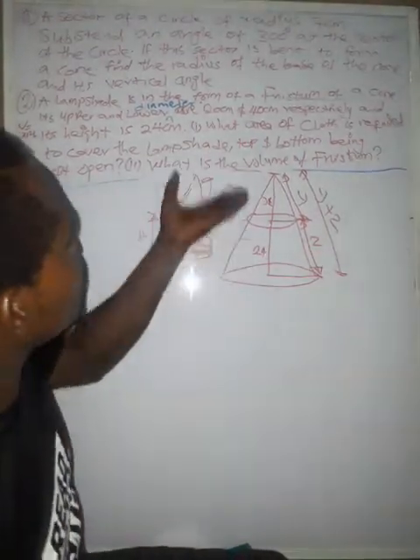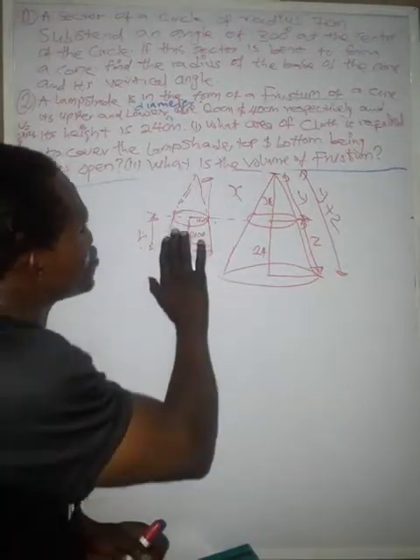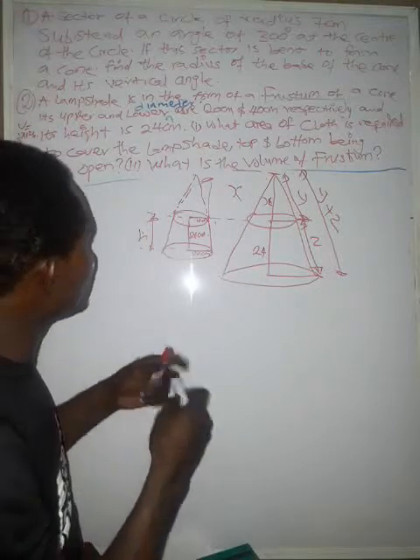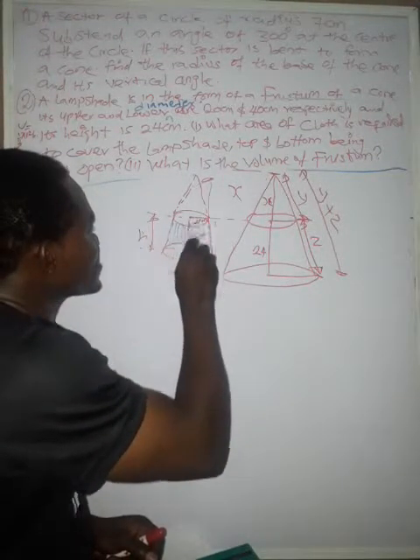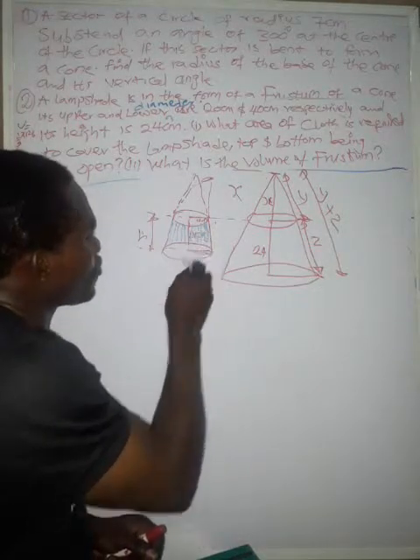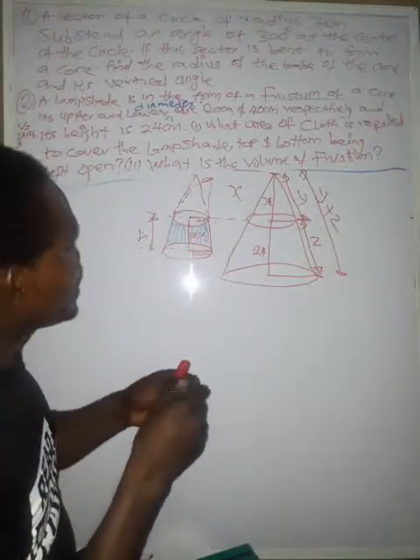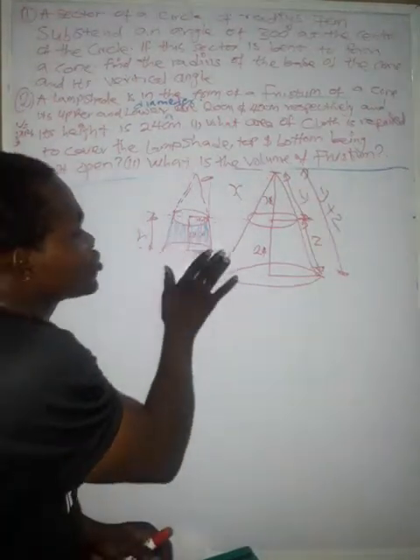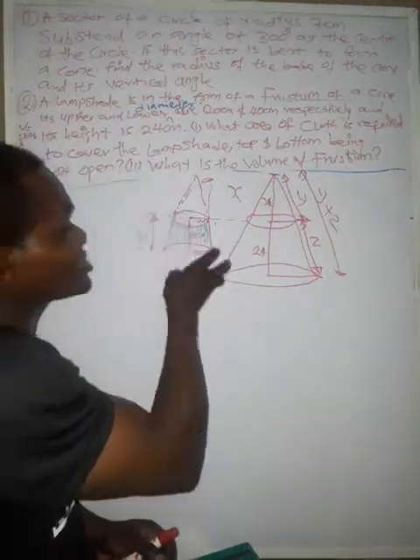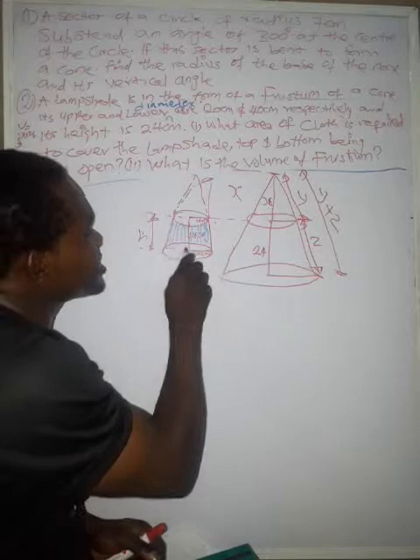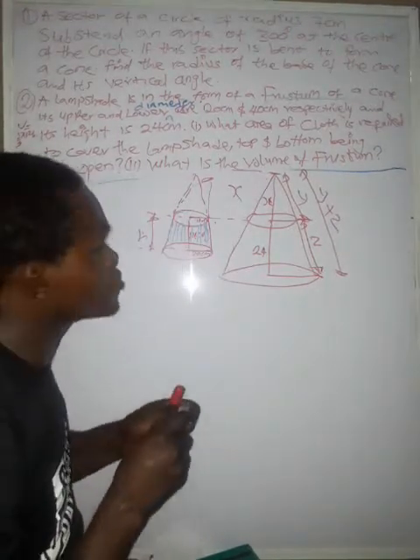Now, because I need to just calculate the cloth that is required to cover this shape alone, all this place, round, everything here, that's what I need to do. So I don't need to cover this place, I don't need cloth for this place. They said we need cloth to cover, that is why they said both top and bottom being left open. Having been is closed, so I have to find the area of this place, find the area of this place, and add it to the curved surface area of the frustum.